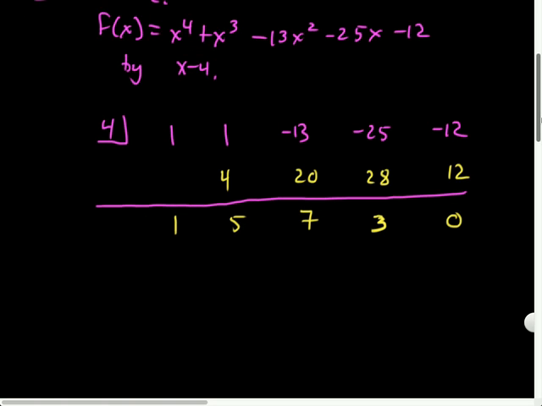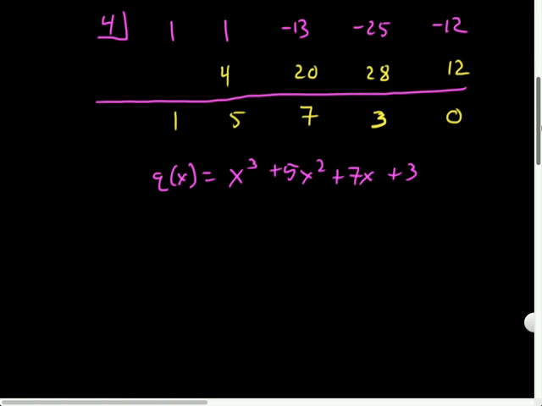So, it's kind of interesting. Let's translate this into a quotient. I guess I could even call it q of x or whatever if we wanted. What would q of x have been? x to the third, it'd be 1 degree less than the fourth, right? Because I divided by a linear. Plus 5x squared plus 7x and plus 3, right? There we go. And if I was to write it in that dividend equals quotient times divisor plus remainder form,